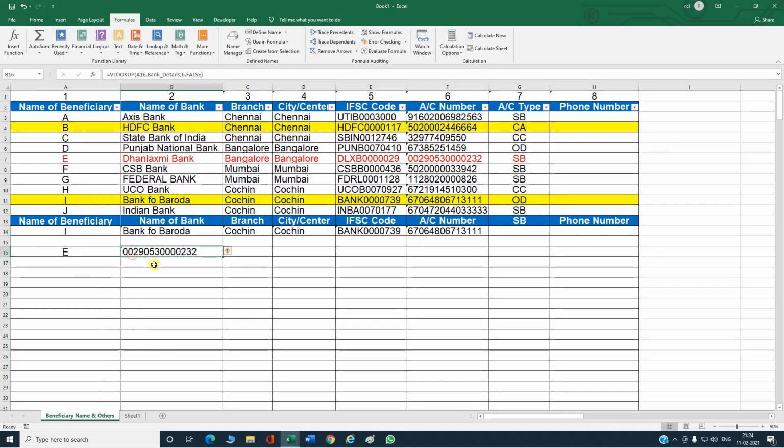VLOOKUP will look only to the right of the lookup value. So you have to keep in mind that the data in a data table should start with the lookup value column.